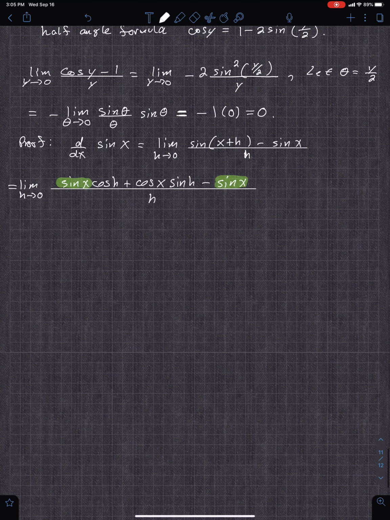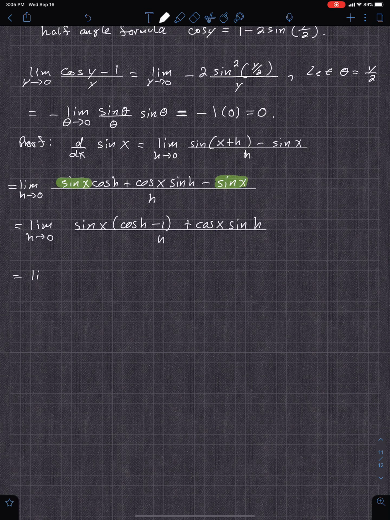So this is equal to the limit as h approaches 0 of sine x times cosine h minus 1, plus cosine x sine h, all over h,